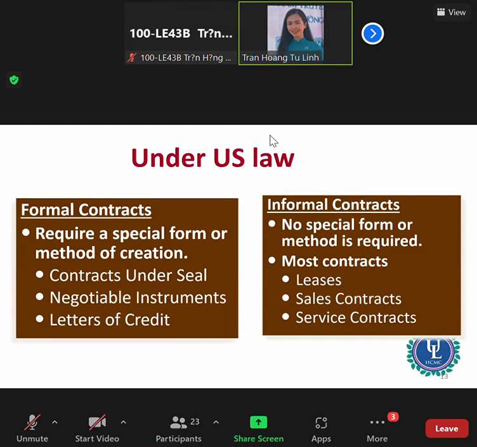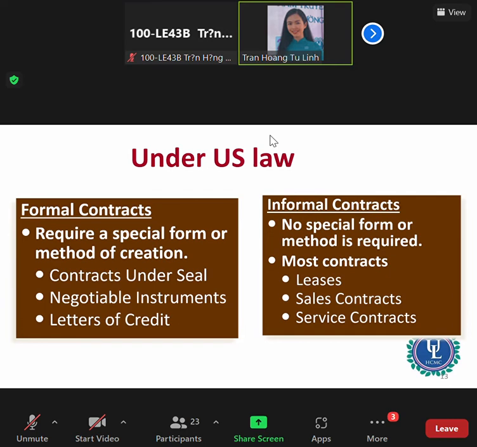Okay, so this one is a little bit not very familiar to you guys, right? So formal contracts are contracts that require a special form or method of creation, or formation, in order to be enforceable, right? Since this is the first class, later on you can go home and read Restatement Second, section 6. They actually explain what formal contracts include. Okay,